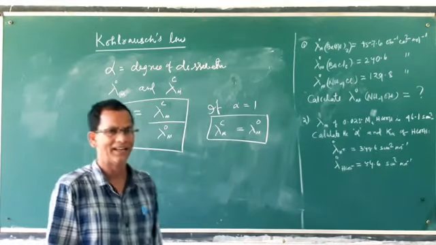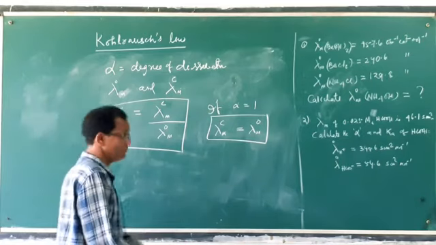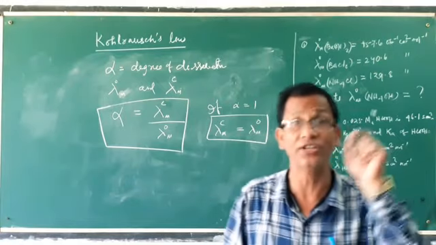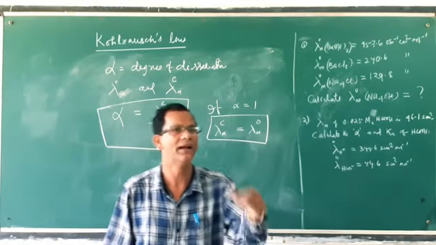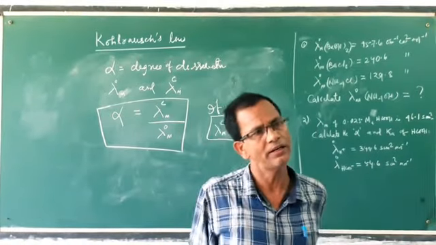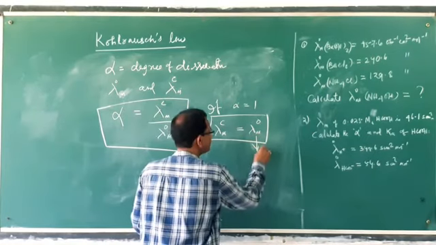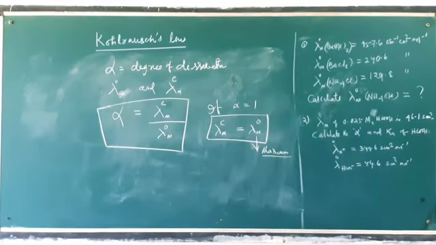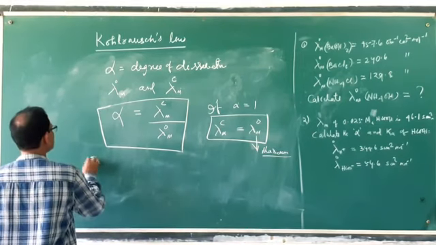When will the lambda m value be equal to lambda m infinity or lambda m0? When all ions are completely dissociated. What is that condition? All electrolyte will be dissociated. The condition is infinite dilution. If you add excess water, all electrolyte will be dissociated. In that case, the value will be the maximum value.